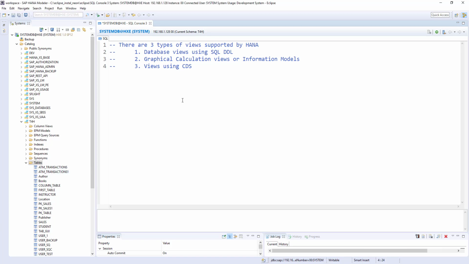So the first question is, what is the advantage of using views? Views allow us to decouple applications from tables. When you create a view on top of a table, it's not required to touch the table directly. You can access those tables using views and create a separate view for each application. For example, for people accessing only PDF books, you can create a separate view for the PDF group, and for ebooks you can create a separate ebook group.